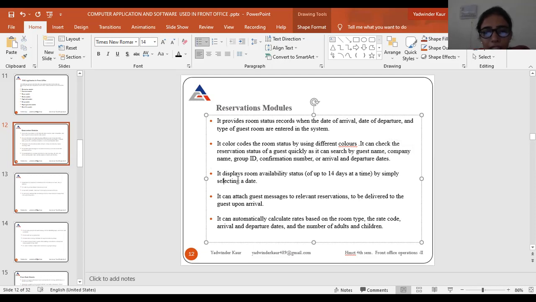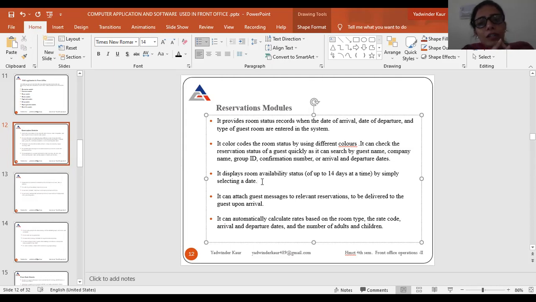Then next, it displays room availability status of up to 14 days at a time by simply selecting a date. In the reservations module, firstly, we have to submit all the records of the guest, right? Like guest name, check-in date, check-out date, type of room, how many persons there are, mode of payment, and room tariff. So all the information we have to enter in the reservations module, right?